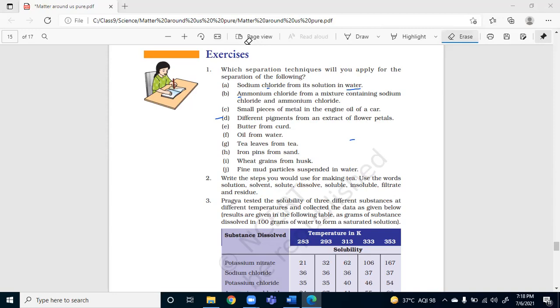And step 6, continue stirring so that sugar gets completely dissolved in the tea, hence reaching saturation. And step 7, once the raw smell of the tea leaves is vanished, the tea solution is boiled enough. Take the solution off the heat, filter or strain it to separate the tea powder and the tea solution. The insoluble tea powder remains as a residue while the solute and the solvent are strained through the filter medium, which is collected as the filtrate.